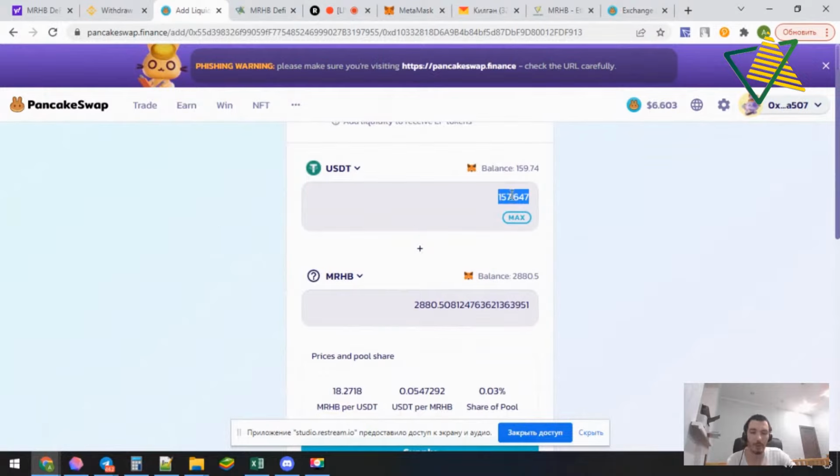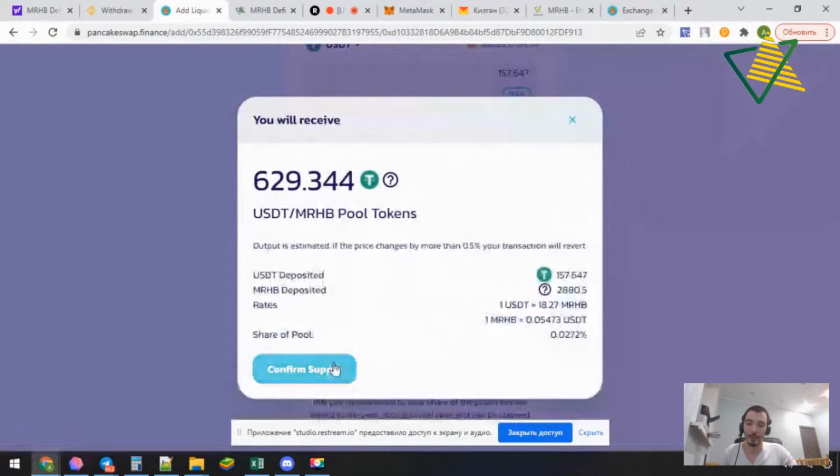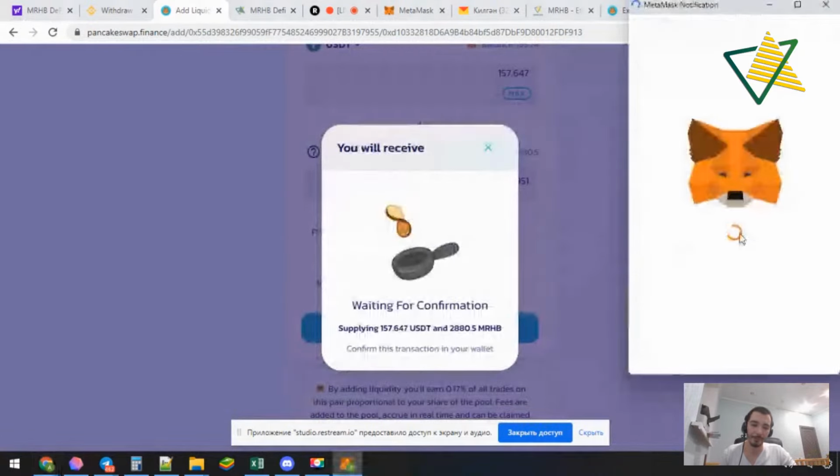That's why only 157 USDT. Now we should press supply. You may see here two buttons, maybe enable USDT and then enable MRHB. You should press them only the first time. That's why I don't see them now here. And I'm pressing supply and confirming my supply.